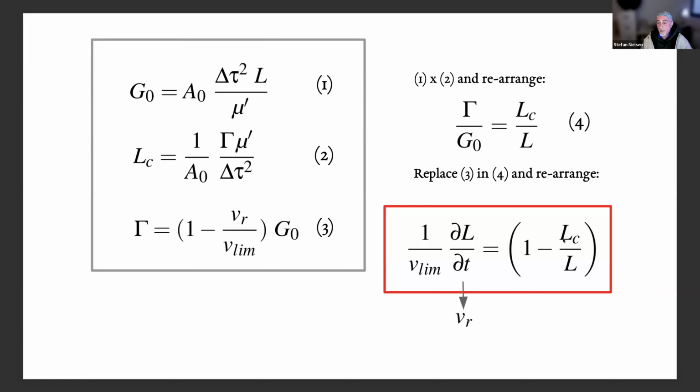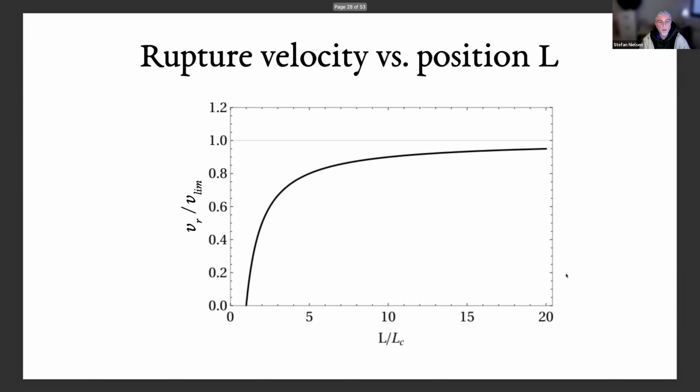This is quite interesting because you immediately see that the current length is scaled systematically by the initial length. Basically all the complexity is already included in this single parameter. Now, because we have a differential equation, we can plot the rupture velocity as a function of position, but we can also try to solve this differential equation to find the function L as a function of time. So given that it's simple enough now, it should be easy. So let's first plot this.